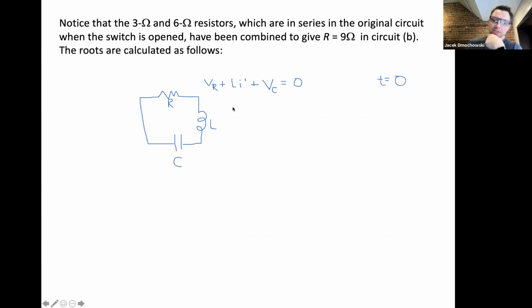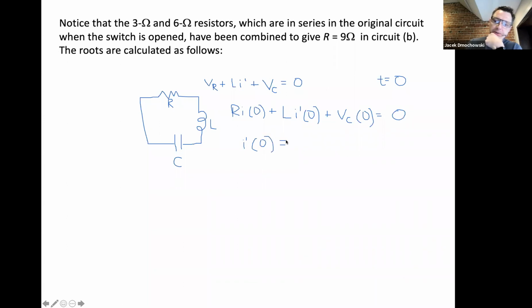So we have VR is just R times I of 0 plus L times I prime of 0, and now let's isolate I prime of 0. So I prime of 0